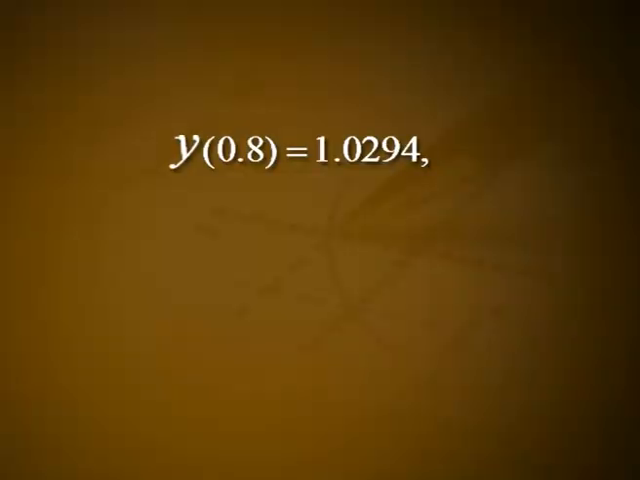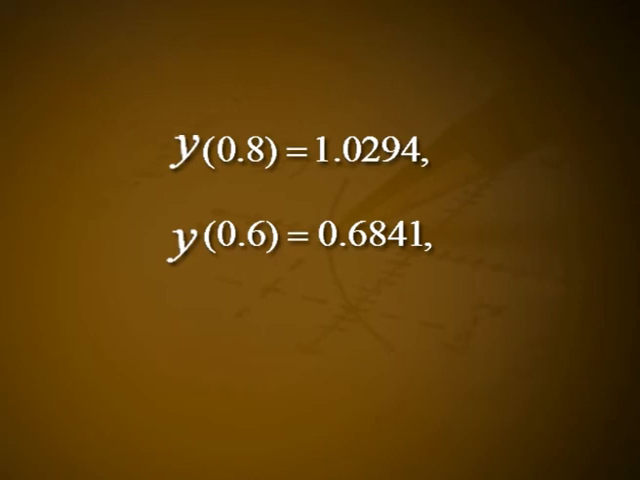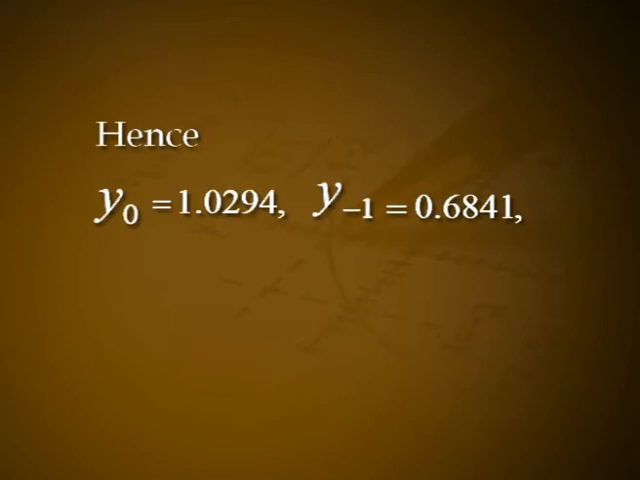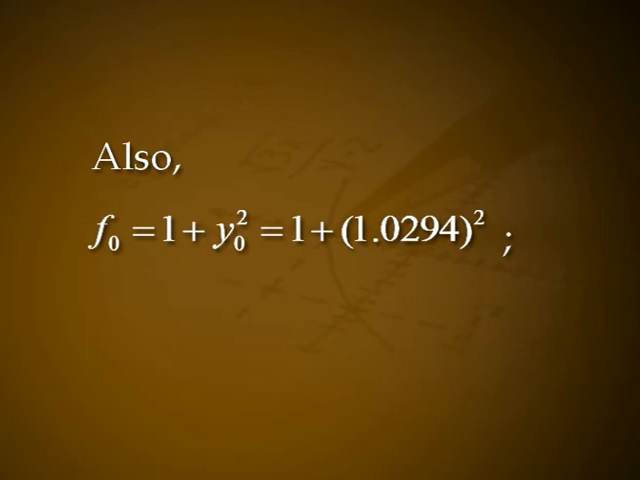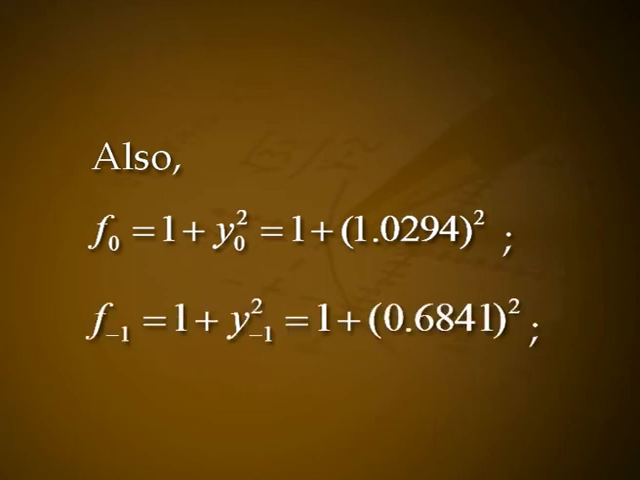We have the values y(0.8) = 1.0294, y(0.6) = 0.6841 and y(0.4) = 0.4228. Hence, y_0 = 1.0294, y_{-1} = 0.6841, y_{-2} = 0.4228 and y_{-3} = 0.2027. Also, f_0 = 1 + y_0^2 = 1 + 1.0294^2, f_{-1} = 1 + y_{-1}^2 = 1 + 0.6841^2, and so on as